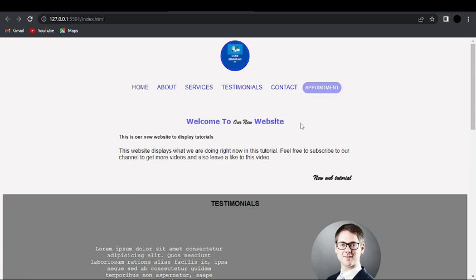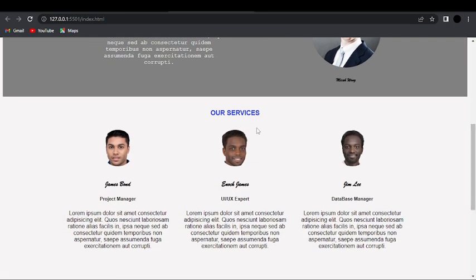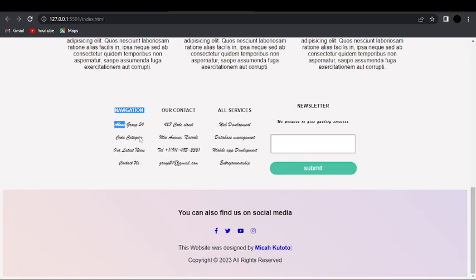Today I'm going to show you how to create this beautiful website using HTML, CSS and JS. So this is the website we are going to create. We have the logo here, we have the navigation menu, we have the first section, and we have the second section which says testimonials. Then we have the next section, our services. Then we have the contact section, and we also have the footer section with the nice auto type which we